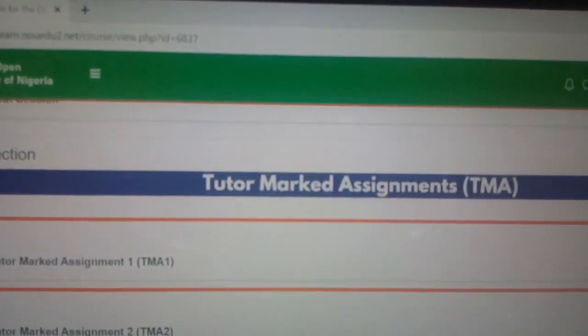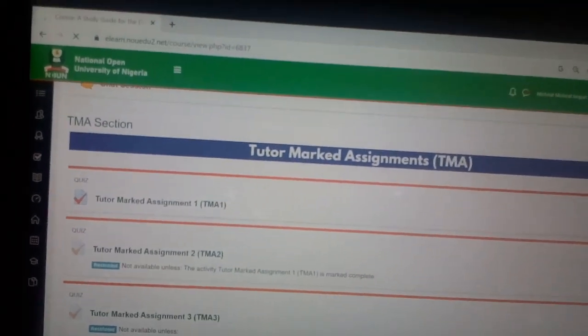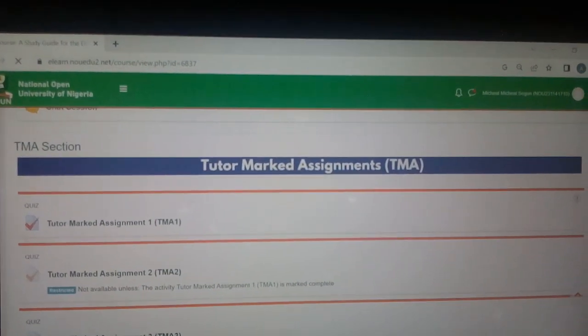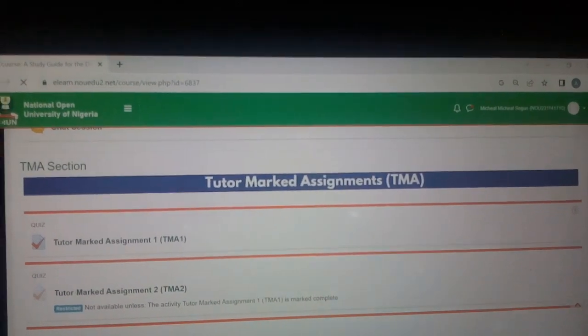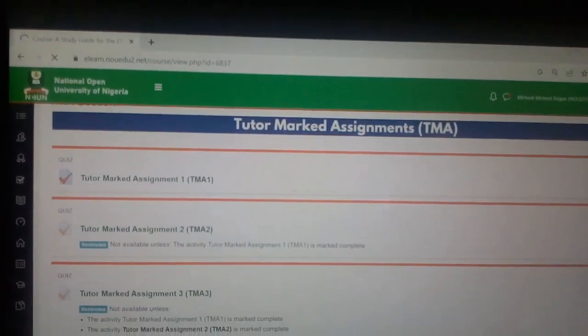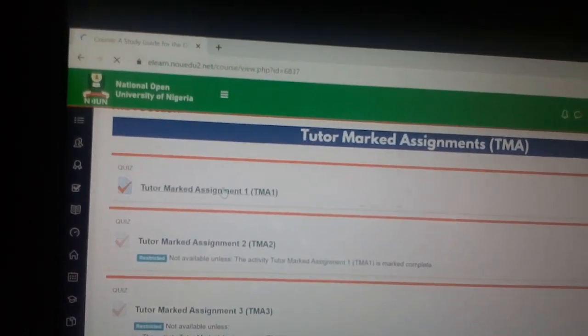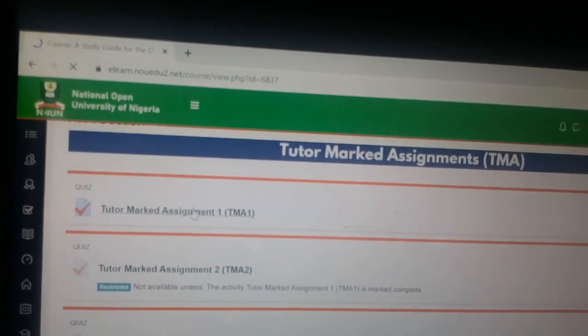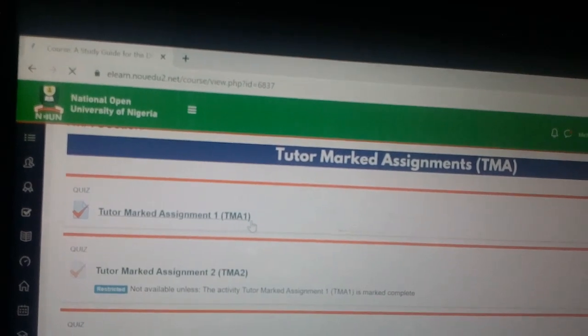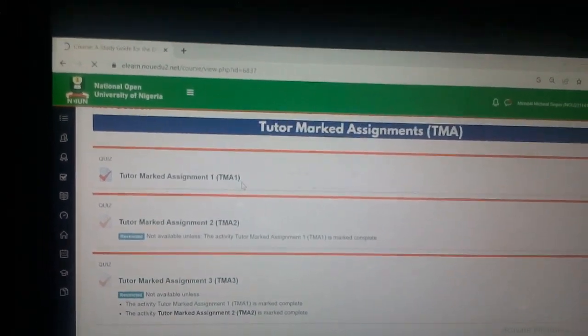Okay, that is tutor marked assignment, your TMA. That is the acronym for TMA, tutor marked assignment. If you are now to do your TMA, as you can see, you just click on this tutor marked assignment 1, TMA 1. So that means TMA 1. If you click on it now,